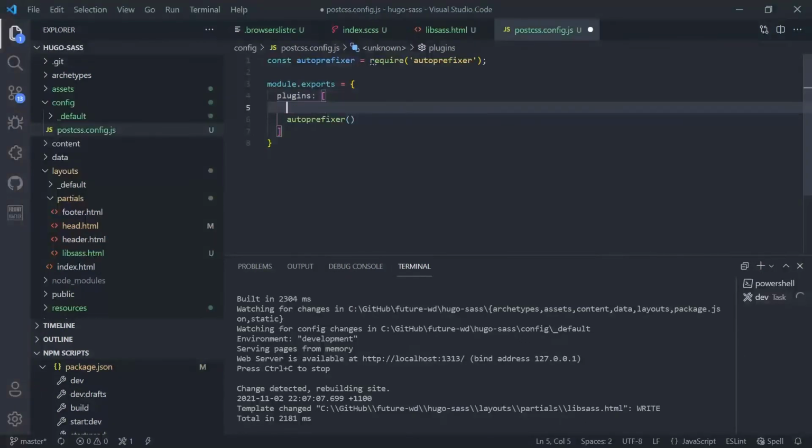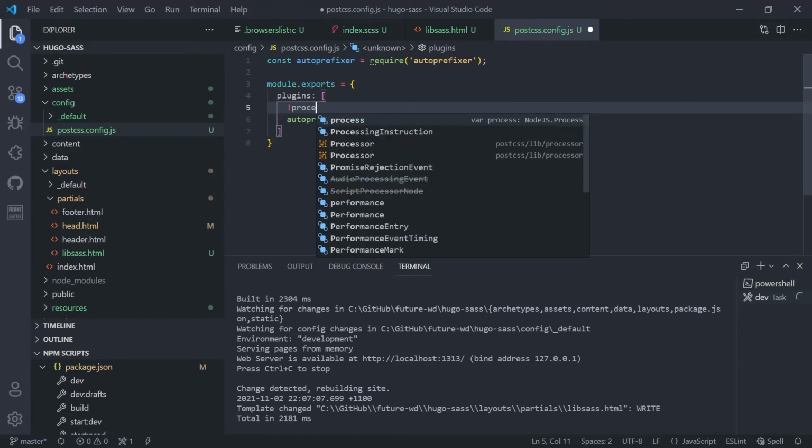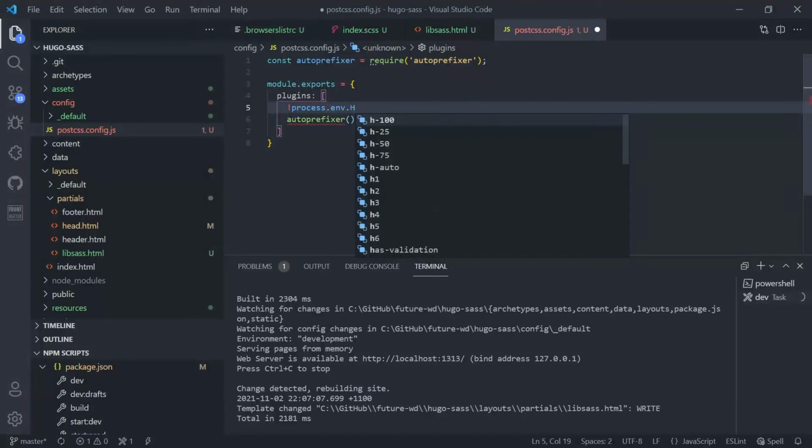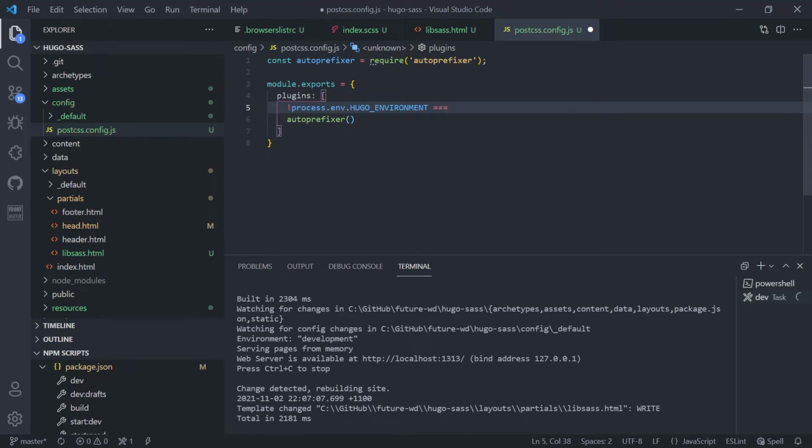So what we're going to do, we'll put an exclamation, and then we're going to type process.env. That's env for environment, and we're going to pull in Hugo's environment. So HUGO_ENVIRONMENT in capitals. Now, the exclamation mark at the start is for if not. So if it's not equal to development,